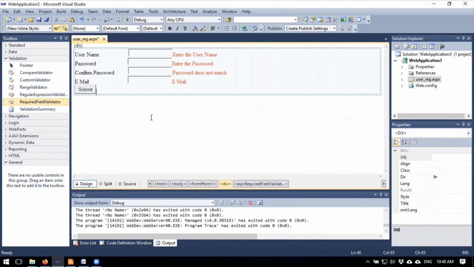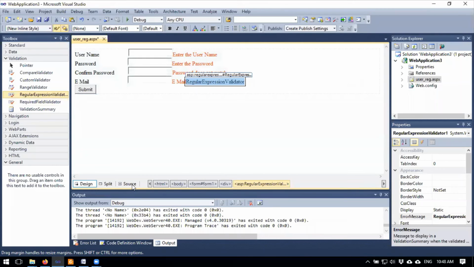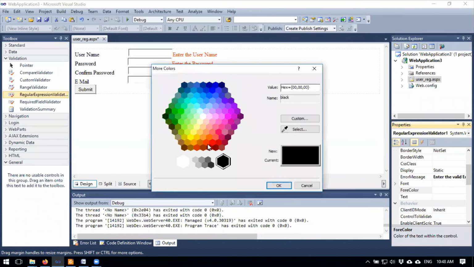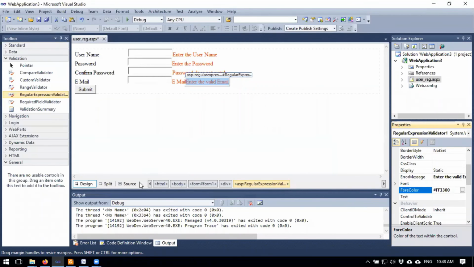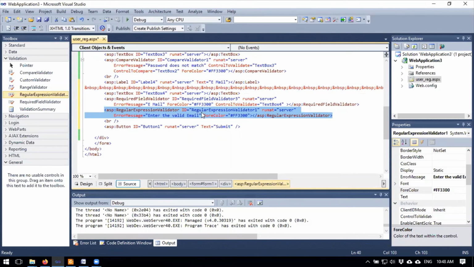Now go back to the design part, apply here the regular expression validator, and display the message, enter the valid email, forecolor, select forecolor. Again go to the source part, and this is the regular expression validator.